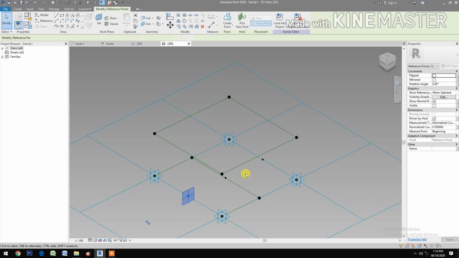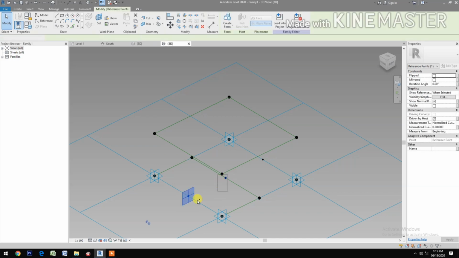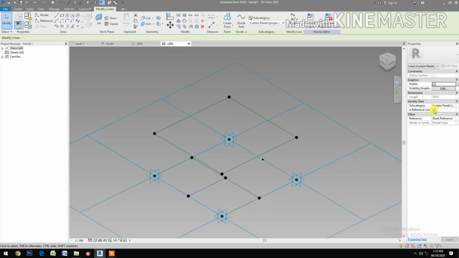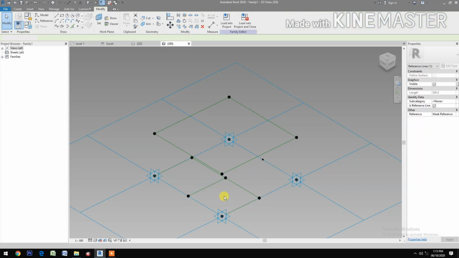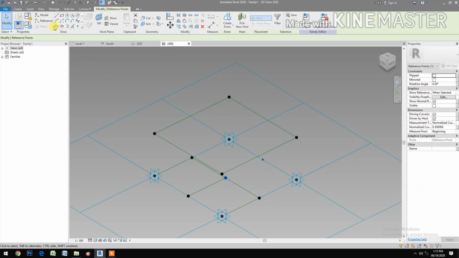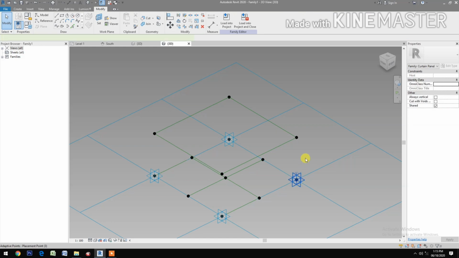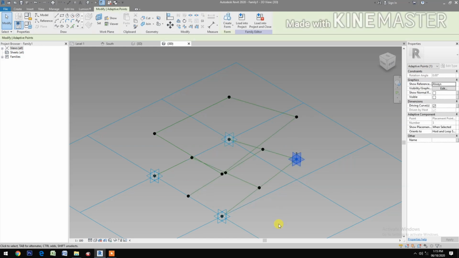Now select this reference point and this reference point, spline through points, check reference line. Select this reference point and this reference point, spline through points, check reference line. Okay. Next,